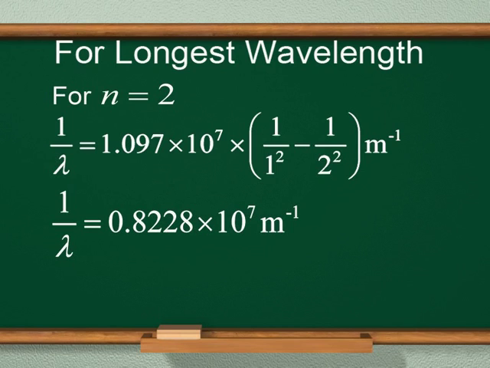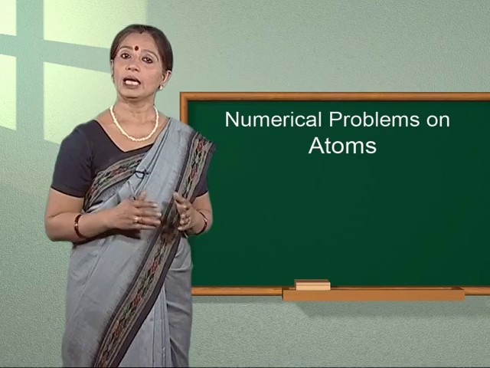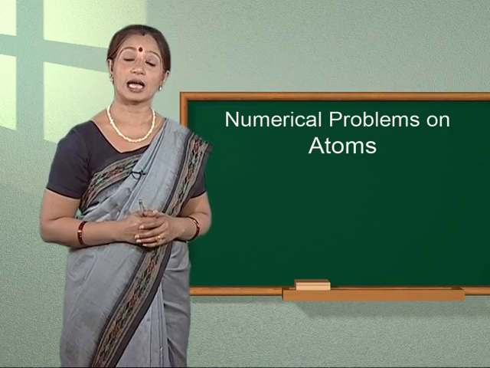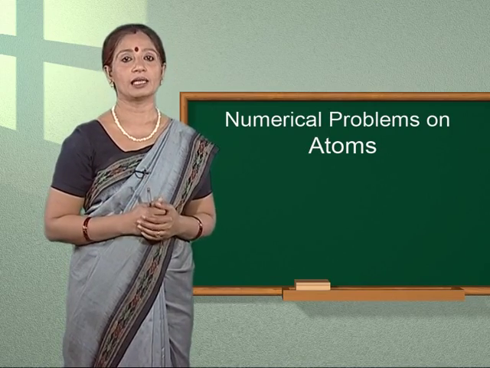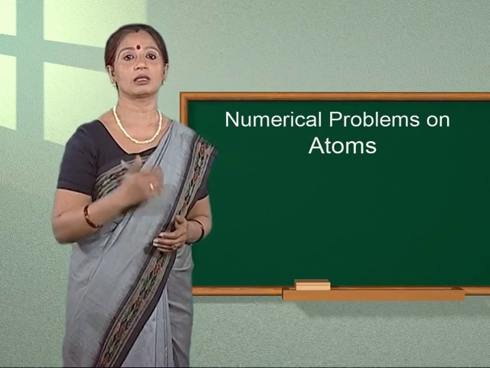0.8228 into 10 to the power 7 per meter, or lambda is 1.2154 into 10 to the power minus 7 meter, or 1215.4 angstrom. Excitation energy, that is the energy required to jump the electron from ground state to the third level